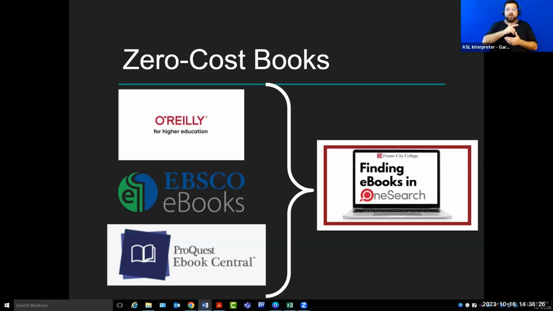Some of the materials available to us, specifically at Fresno City College, is in a collection called O'Reilly, and it has a lot of technical books. It also has learning paths, so students can watch videos and track their progress. They do need to create an account, but once they do that, everything is freely available to them, and you can link to these materials or just specific chapters within them or videos within the learning paths.